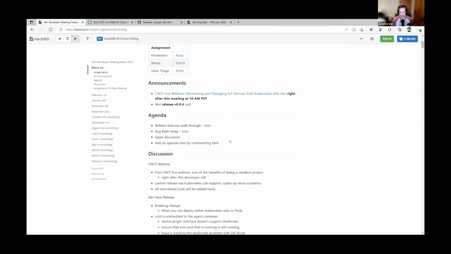Let me see if I can, am I able to screen share? Is there permissions that I need to? Yeah, I think Roa, can you pass it off to Jonathan, the host? Yep. Let me see. I think there's a setting for multiple screen shares, but yeah, I was trying to get to that, but then I'll make you host and figure it out later. Okay. Oh, well, let me enable multiple screen sharing in the meantime, and then so